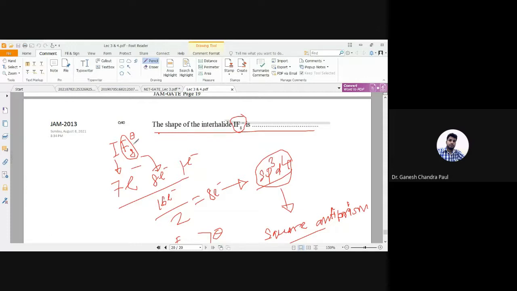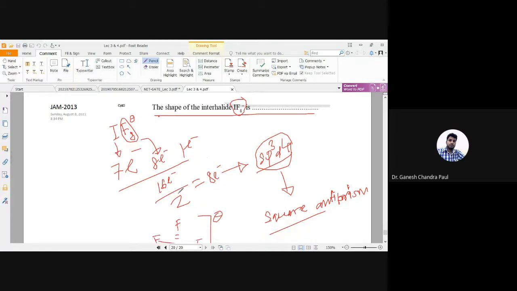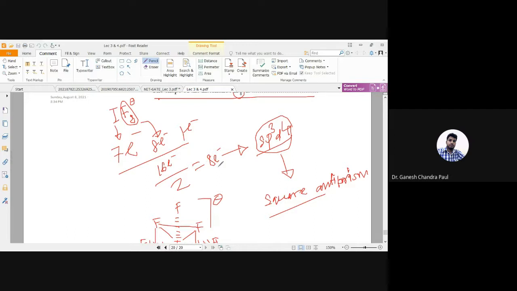IF8 minus: the central iodine has 7 electrons, then you have 8 fluorine atoms, so 8 electrons, and for one negative charge you add one extra electron. Therefore, the bonding electron pair would be 16 divided by 2, so it is 8. So as the bonding electron pair is 8, the corresponding hybridization of the central iodine